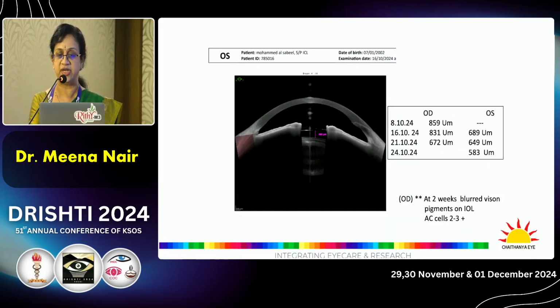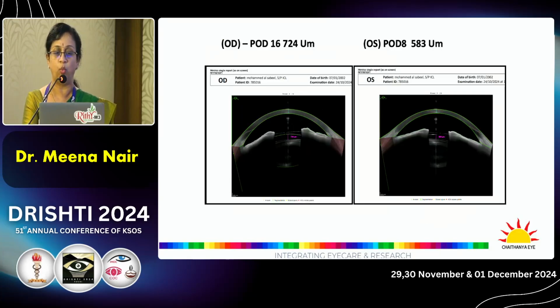And this patient was serially followed up also. This is the other eye which was 1 day follow-up, and you can see that there's a 200 micron difference in the vault, but still all parameters were normal and his IOP was normal. At 2 weeks in the right eye, he had again some blurring of vision. And then what is to be thought of is, though the anterior segment OCT parameters were normal, something else had